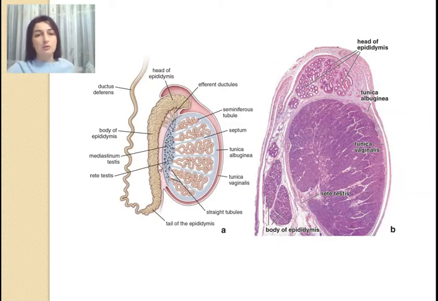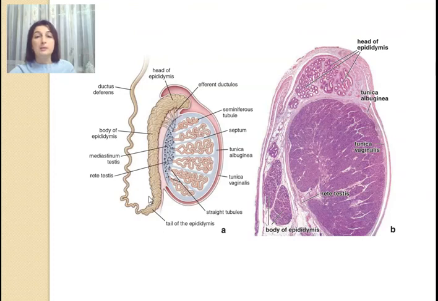From the mediastinum testis arise the efferent ductules, approximately 15 in number. Then they join the ductus epididymis, which is highly coiled, and it forms the head, then body, and the tail